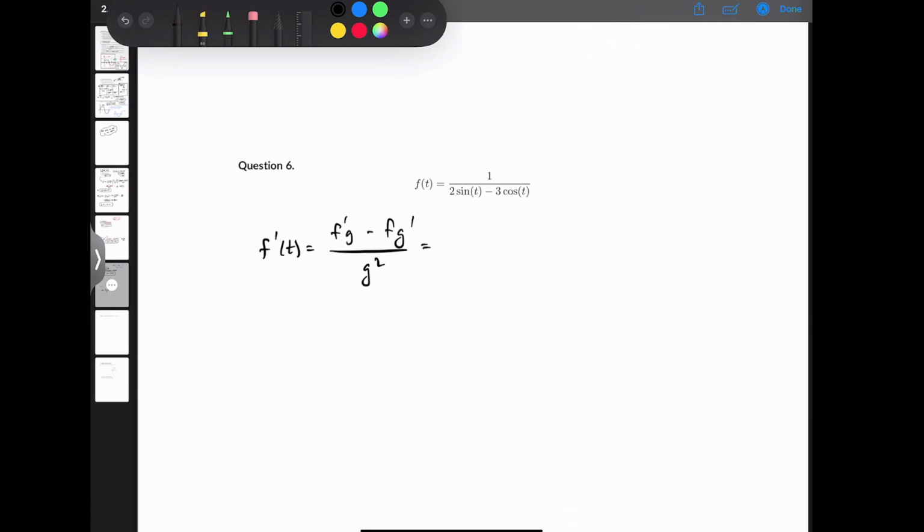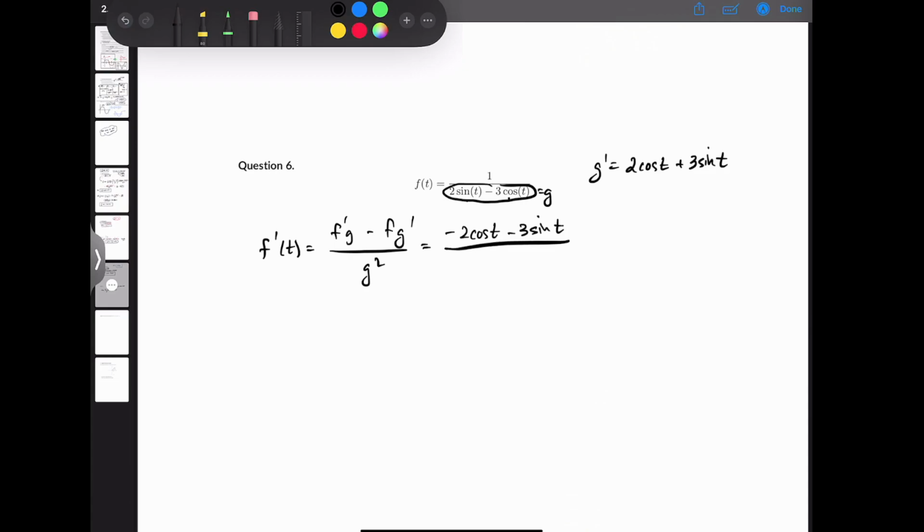F prime is 0, that first term being 0, minus fg prime. Well, let's go ahead and find out what g prime should be. If this is g, g prime is 2 cos t plus 3 sine t, knowing these two derivatives here, right? So minus fg prime, that's minus 1 times g prime. So we're just negating what we have up here, which is really negative 2 cos t minus 3 sine t